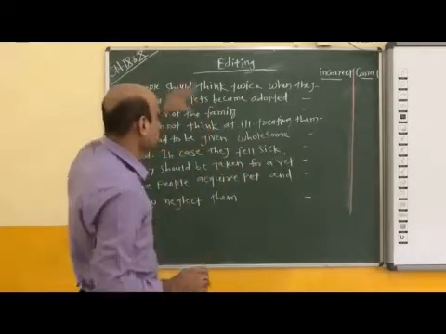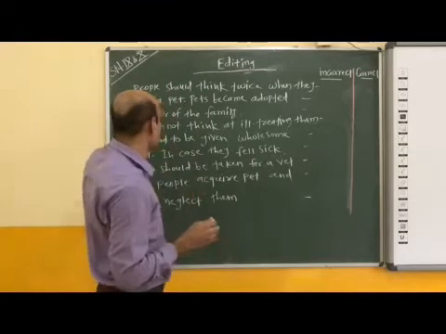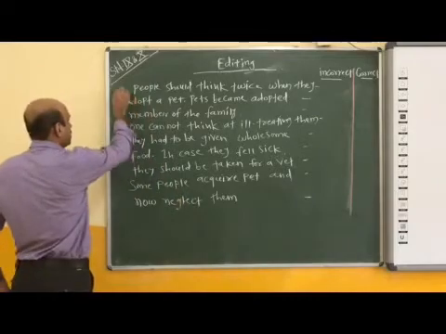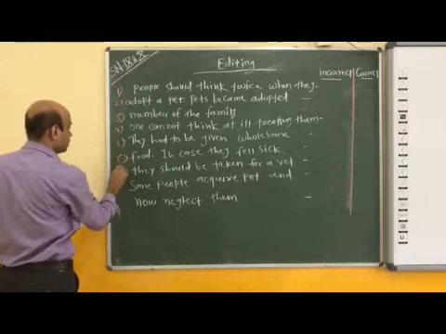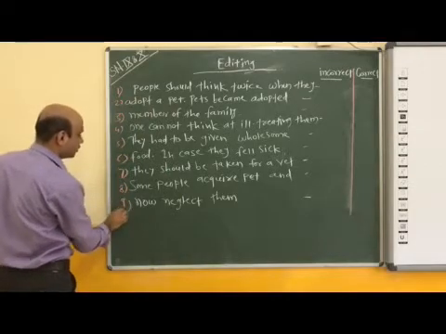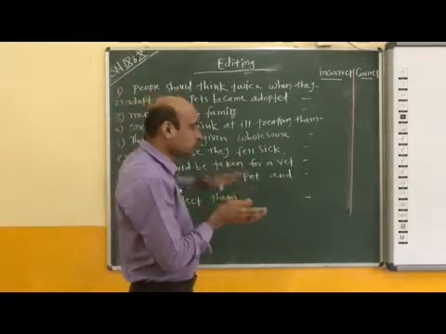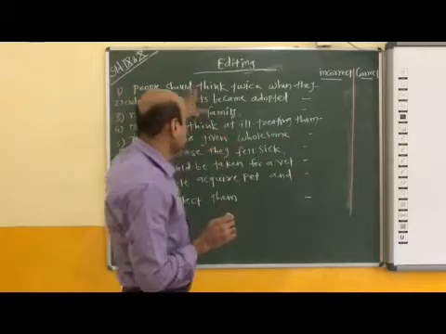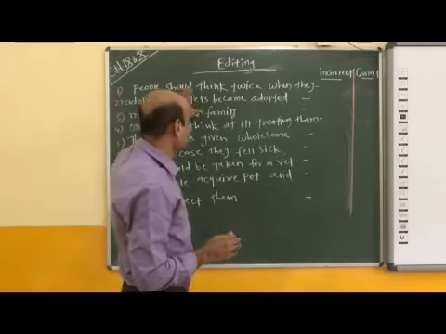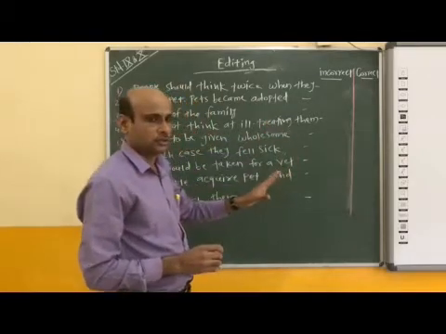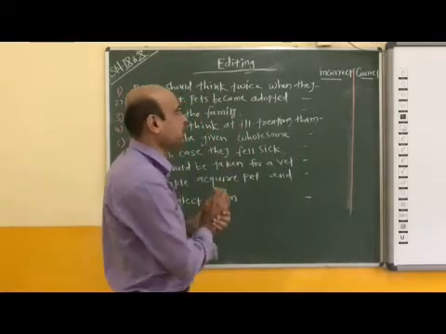So here in editing, they will give one paragraph. See now, here for example, few lines are given. Line number 1, 2, 3, 4, 5, 6, 7, 8 and 9. For example, total 9 lines are given. Here each and every line is not different, individual. It's one paragraph. So one thing we have to do before writing the answer of each line, that we have to read the whole paragraph.